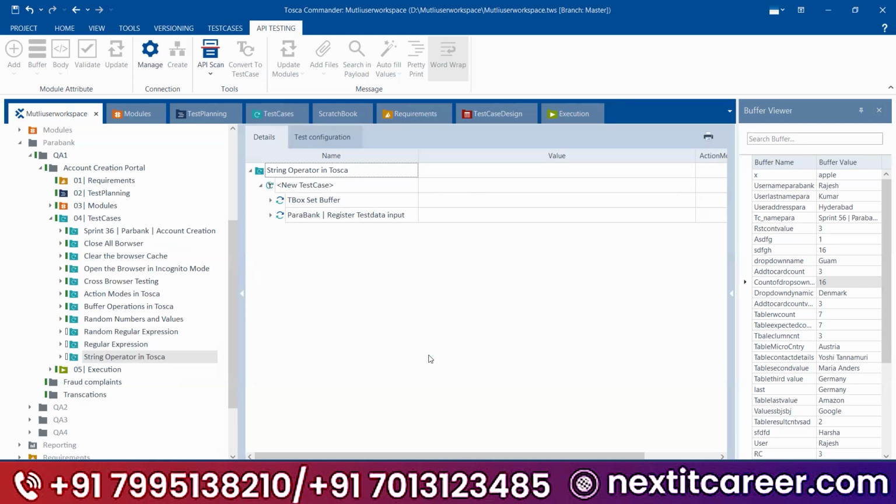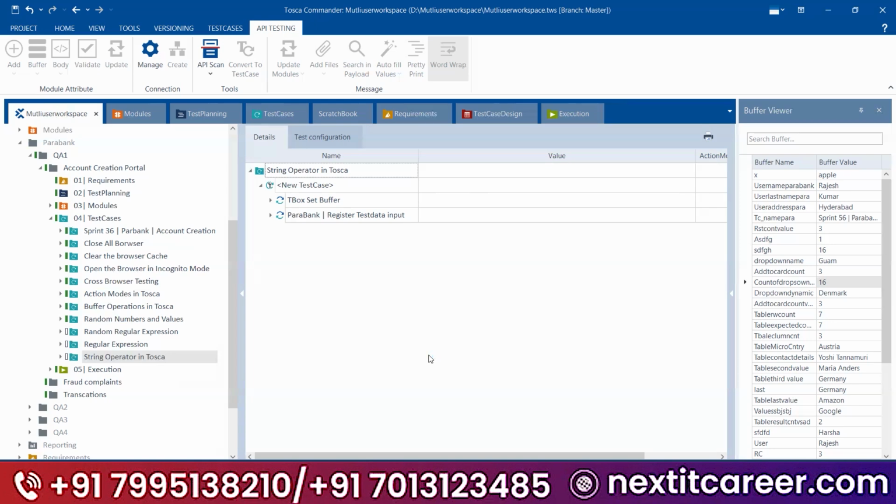Rajesh, I have one more doubt. In order to fetch the runtime value from the web application, we have two methods: dynamic buffers and, as you taught today, regular expression. What is the best way to use it? The best way is different for each, because this is to get the data and this is to manipulate the data. Here you are fetching the values as part one, part two, and setting them into the buffer. For larger values, the best way would be regular expression.